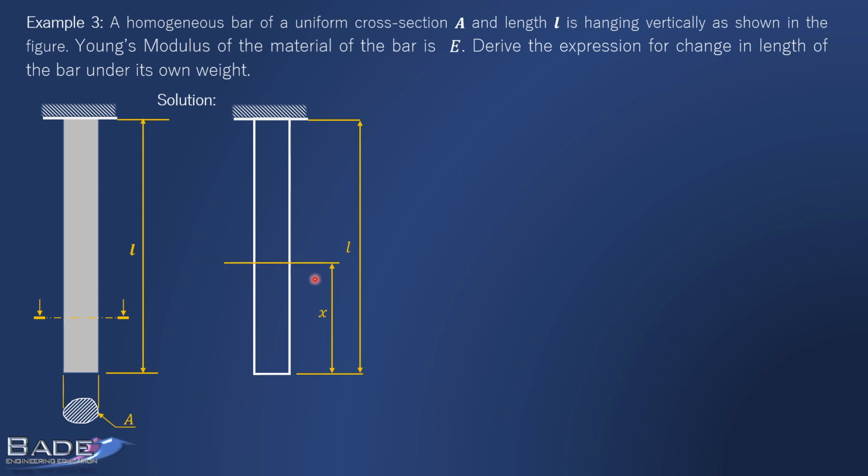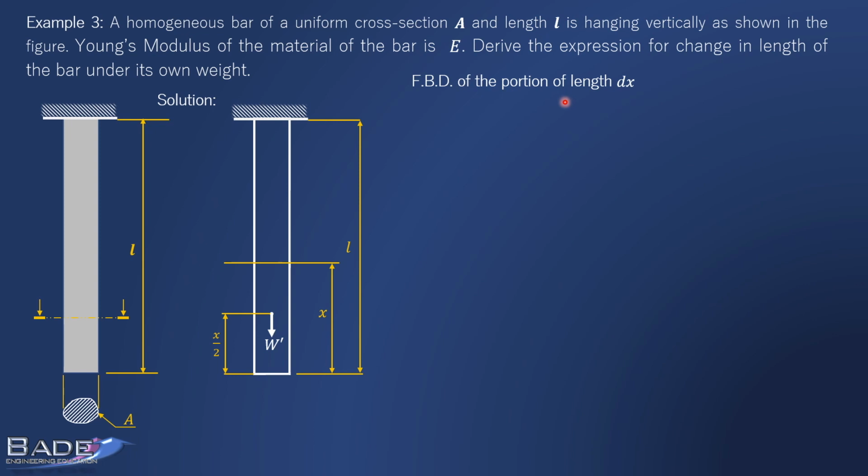So sum of forces on any one side of the cross section. So on lower side of this cross section there is only one force, that is weight of this portion of the bar. So weight of this portion of the bar is acting at its center of gravity. So this portion of the bar has center of gravity at distance x by 2 from base. And here is that weight. It is not weight of the entire bar. This is weight of this portion of the bar. The portion has length x. So W dash is weight of this portion of the bar.